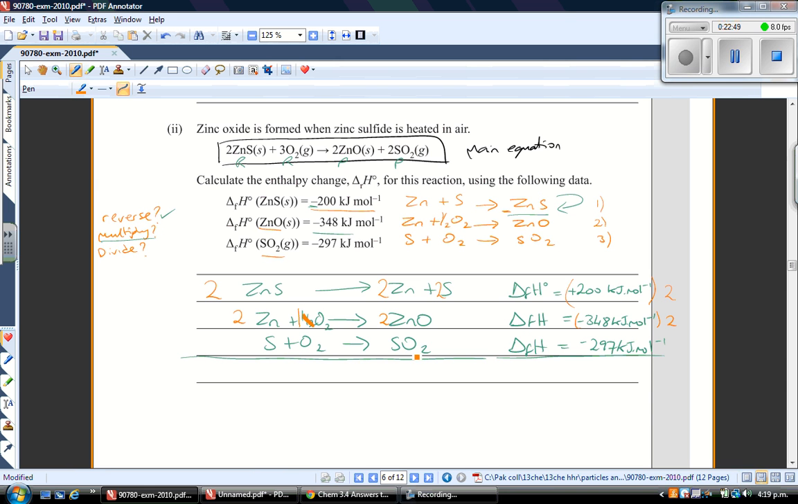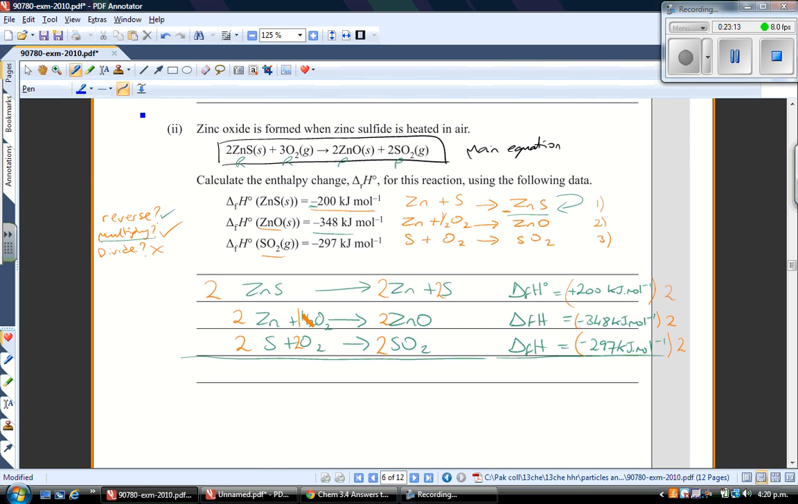Now, the sulfur plus oxygen plus sulfur dioxide, there's also 2 sulfur dioxides in the product, so we're going to have to times this by 2 as well. So you can have 2 sulfur, 2 oxygens, and 2 sulfur dioxides, and multiply the enthalpy for the formation by 2. So yes, we had to multiply. I don't think we have to divide here, because if we look at everything we have now,